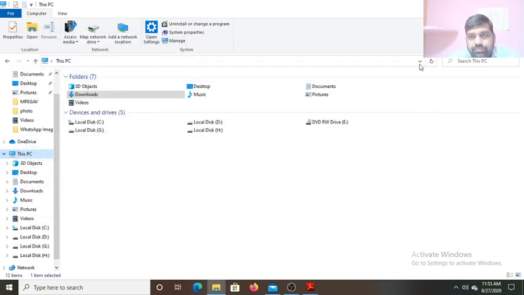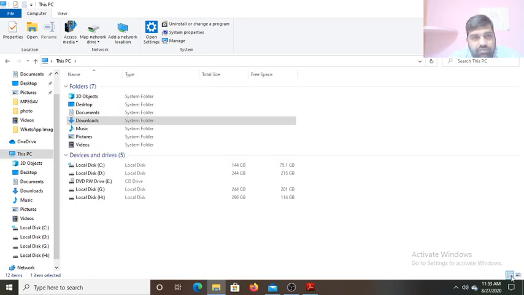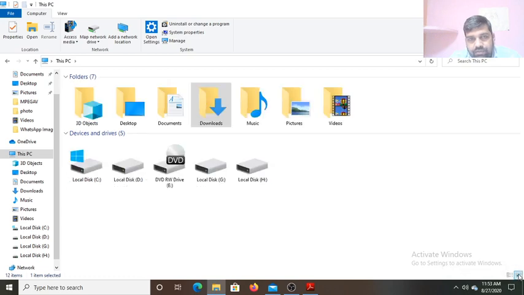Here you can see the options. You will find the display of this content. As you can see, this is display items using large thumbnail. So many are there. Now this is the view options like this.